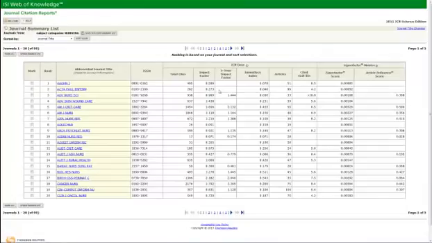From there, I can then go to View Journal Data, and here I can sort by journal title, total cites, impact factor, or any other measure that you see here below. In this case, I'm going to leave it at journal title. I can also look at View Category Data by looking at this particular drop-down menu and selecting it. It just depends on what your need is. In this case, though, I just want to see the nursing journals and I want them to be displayed by journal title. So I can click Submit,